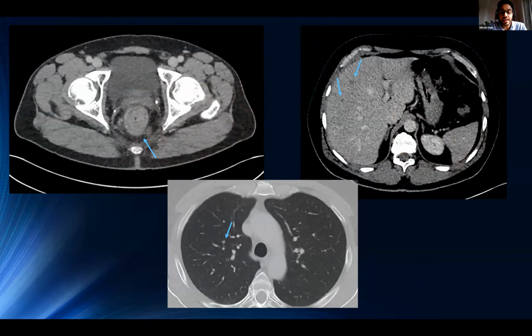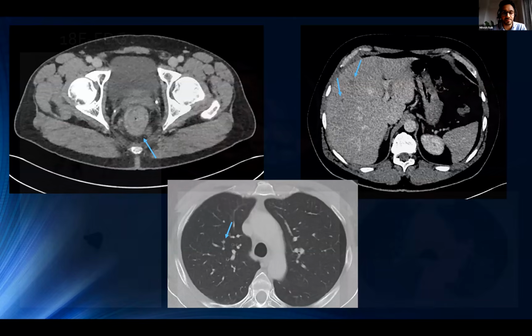This is a patient with a neuroendocrine carcinoma that was histologically confirmed following an endoscopy for lower GI symptoms. You can see there's thickening of the rectum on the top left image. There are a couple of small suspicious lesions within the liver, and with the benefit of a retrospectoscope, some very tiny nodules within the lungs, but these were described as equivocal or indeterminate on CT imaging.